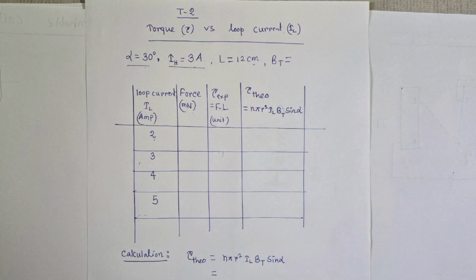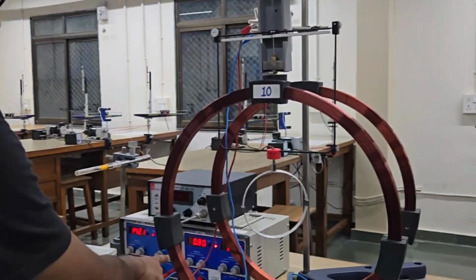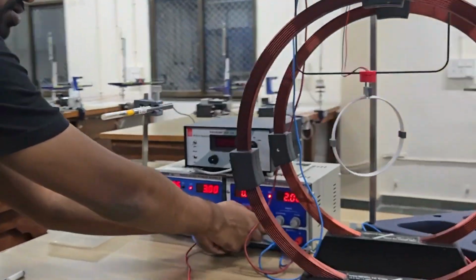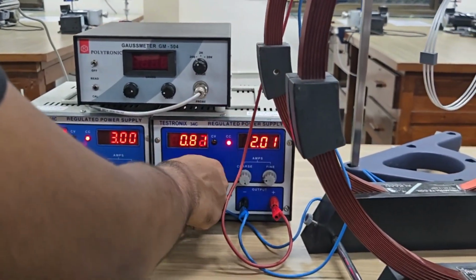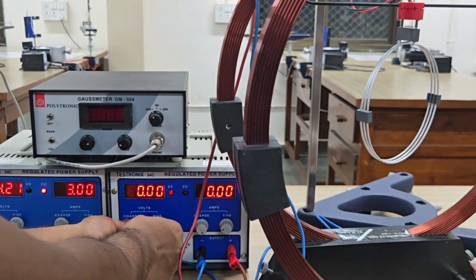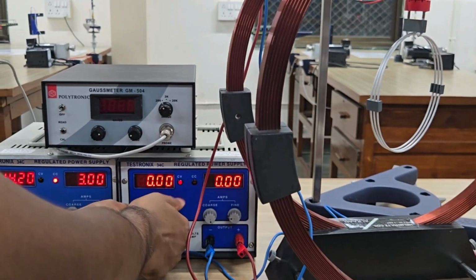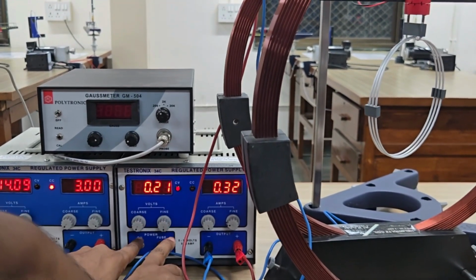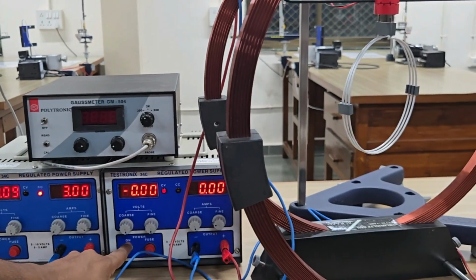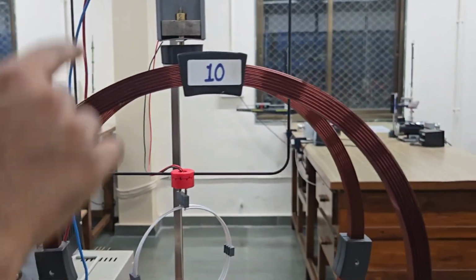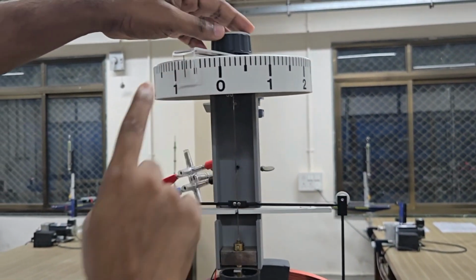And once you are done with this, to go to the second reading, it's an important step, remember, you again turn this knob to 0. It is important because this small coil can heat up easily and can then fall. So you turn this knob to 0. If you directly turn it off, the instrument may get damaged. So you turn it off, and then you make this again to